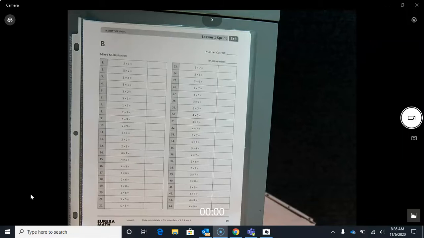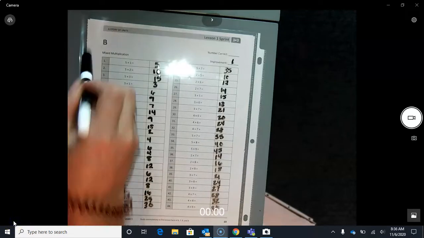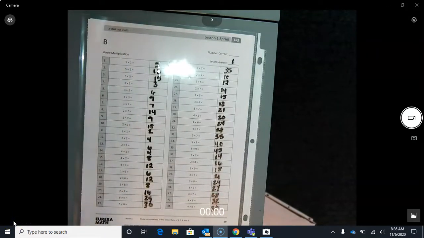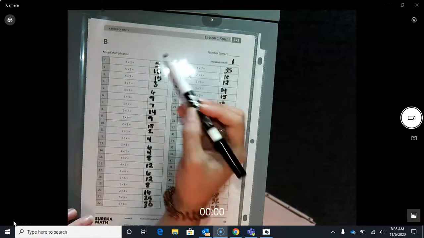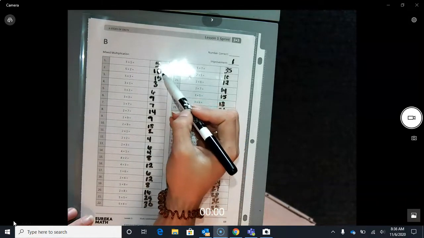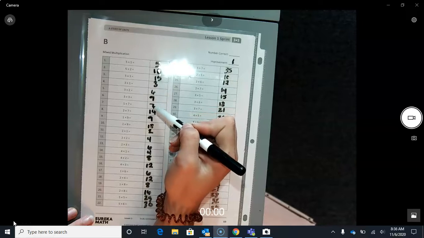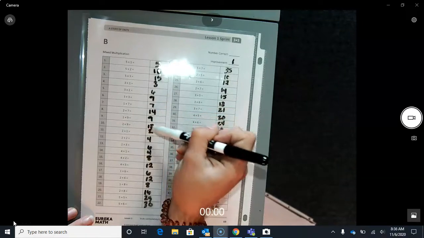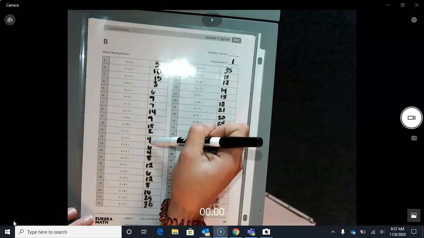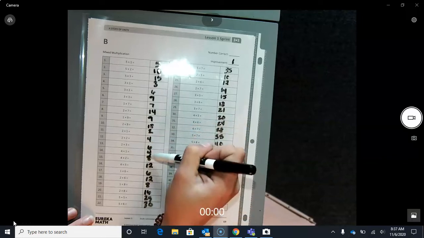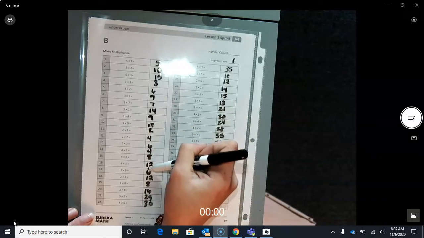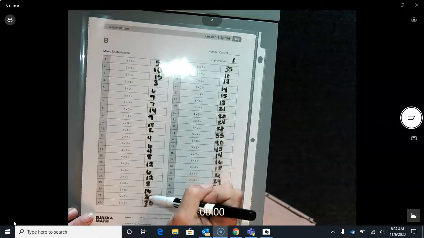Now we are going to check it together. And then when we finish, we will count up how many we got correct and our improvement score. All right, put your pencil on number 1 and get ready to check with me as I go down the answers. Ready? 5, 10, 15, 3, 6, 9, 7, 14, 9, 18, 2, 4, 6, 4, 8, 12, 6, 12,